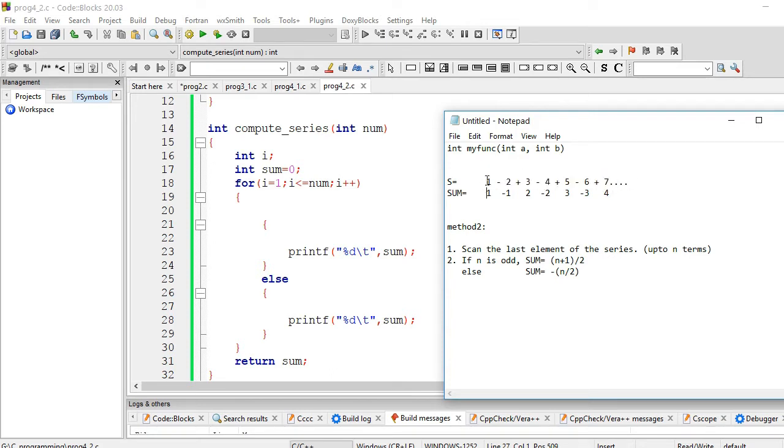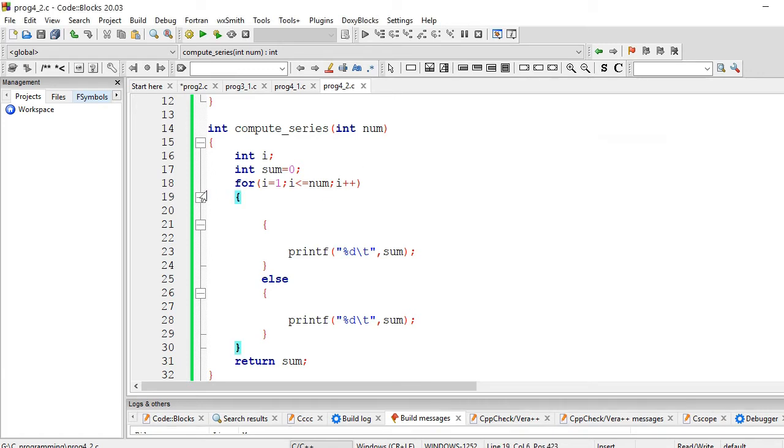We can see that they are sequential, 1 2 3 4, increasing by 1, and in odd positions they are positive and in even positions they are negative. You can see 3 positive, minus 4 negative, again 5 positive. So in odd positions they are positive and in even positions they are negative.